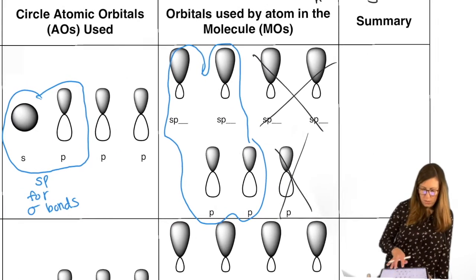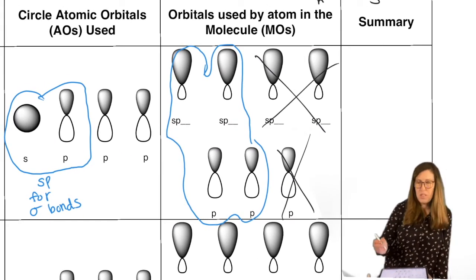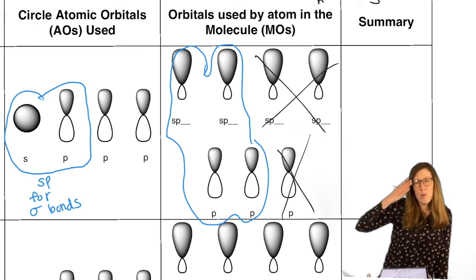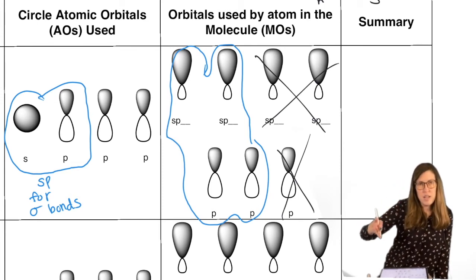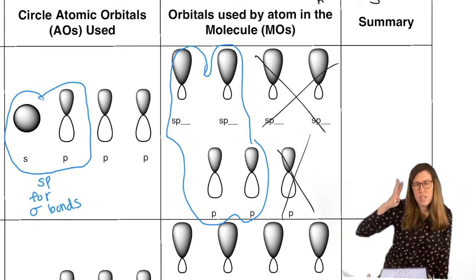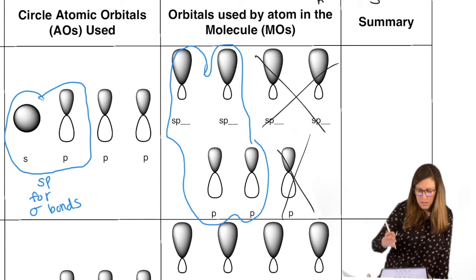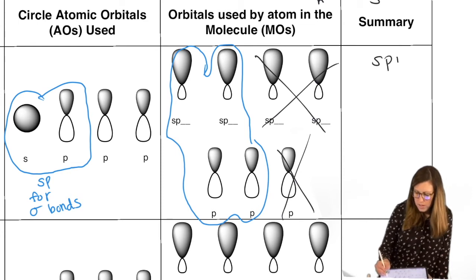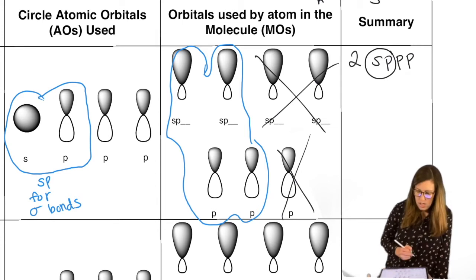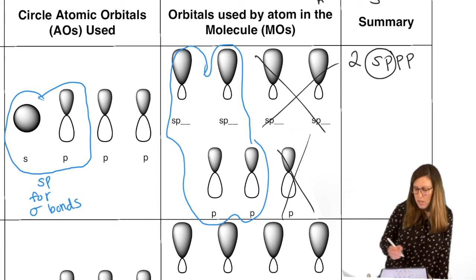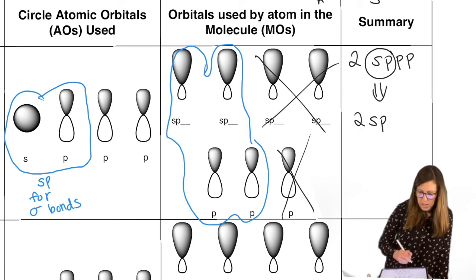So in summary, when you want to work that out, you won't have all these pictures available. Your thought process is, okay, I want to know what the hybridization is of this atom, or what hybrid orbitals it's using. We ask that a lot. So you'll say, how many bonds does that atom need to make? How many sigma bonds? 2. So if I know it needs to make 2, then I'm going to circle the first 2 orbitals. That means I have 2 separate sp hybrid orbitals.